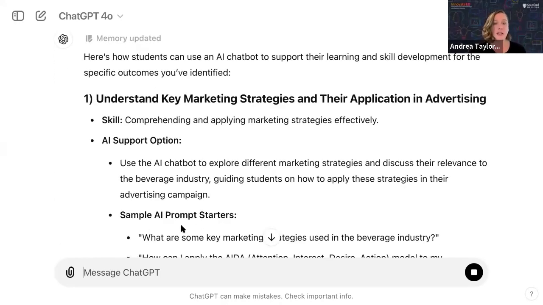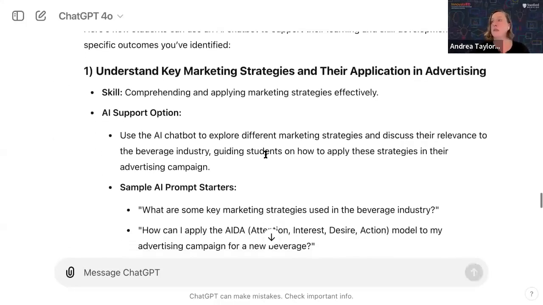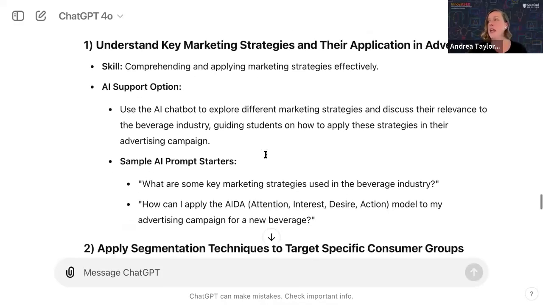So understand key marketing strategies, apply segmentation techniques, analyze potential effectiveness of the advertising campaign, and create or develop engaging and effective advertising content. So now it is giving me specific skills that they should be working on and how